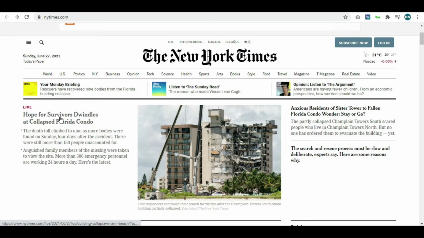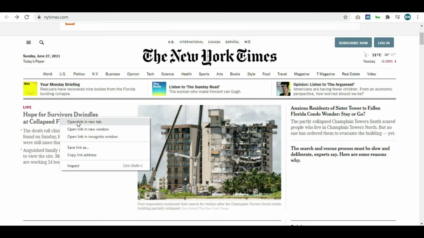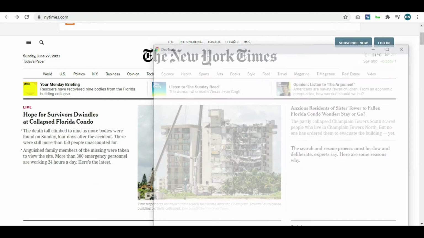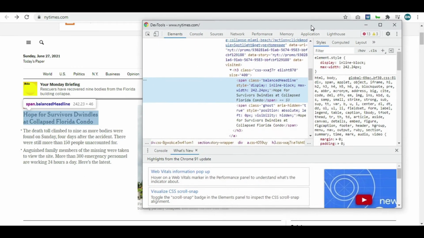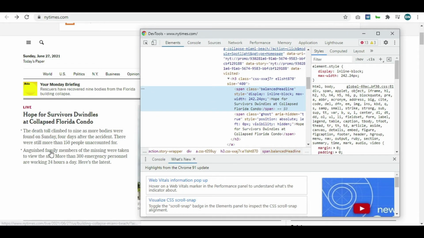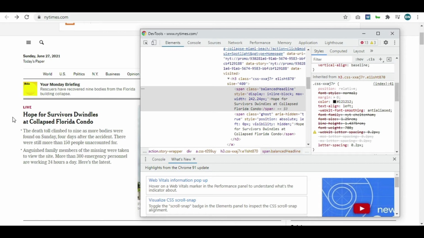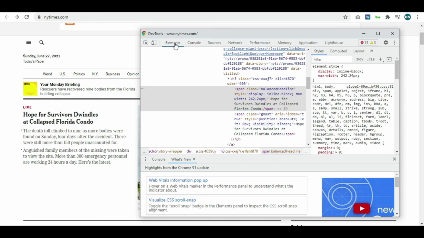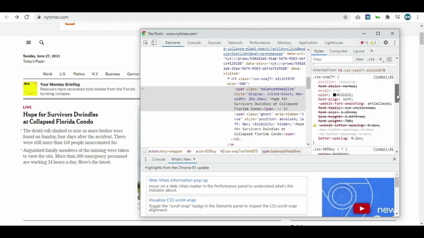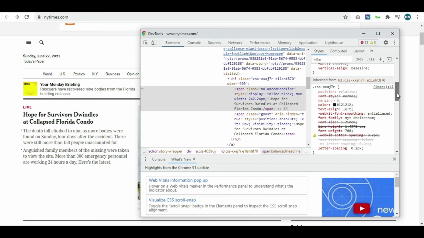Simply right click on any heading or any content that you want to, and click on inspect, and this will open the same window. For example, if you are not a developer, but you have a website and you want to change the color of this particular heading, just go to this elements section, right hand side, and you will find the CSS details, or the cascading style sheet details.